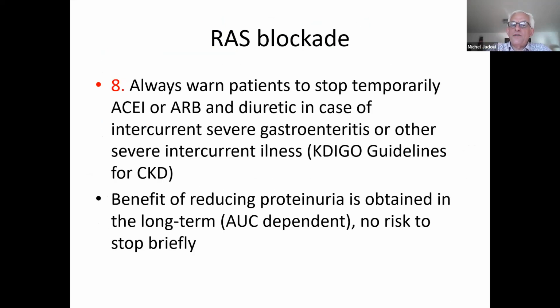The 8th lesson is that, and there is a specific mention at the bottom of every letter we are writing to patients and to GPs, so primary care doctors, we always warn the patient to stop temporarily the ACE inhibitor or the ARB and the diuretic in case of intercurrent illness, such as a severe gastroenteritis or severe pneumonia in the elderly. They will eat and drink very little. They may then have